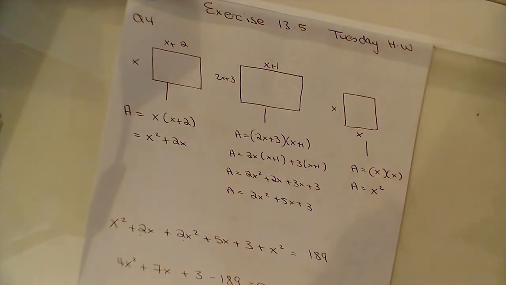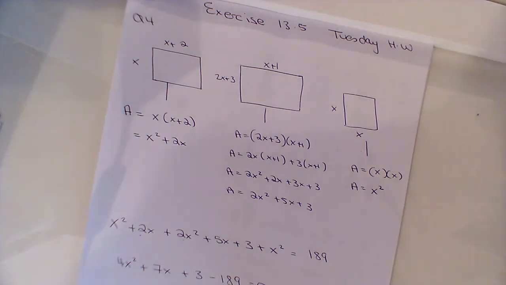Okay, so just going to correct questions 4 to 7, which is your homework for Tuesday. So the first one, it says the sum of the areas of these three rectangles is 189 centimeters squared. Find the value of x. So I know sum means to add, and I know to get the area of a rectangle, it's length by